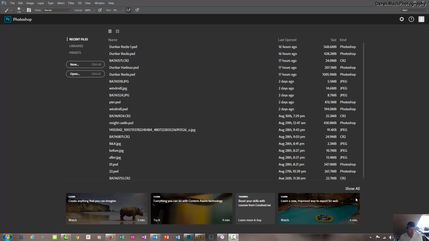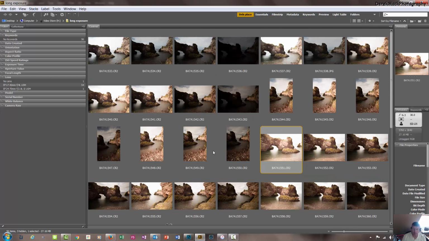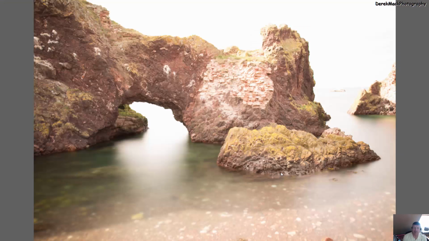Hey everyone, one of the techniques you might want to use in Photoshop when you're out and about doing photos that have got quite a high dynamic range is blending. And if we have a look at this series of 4 images,